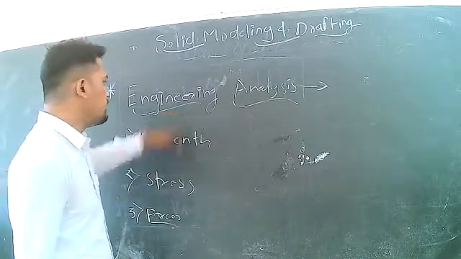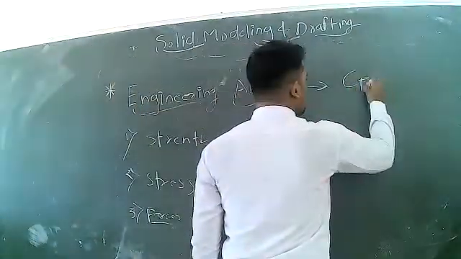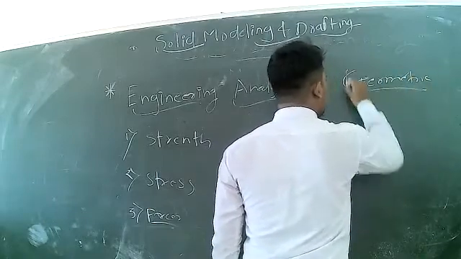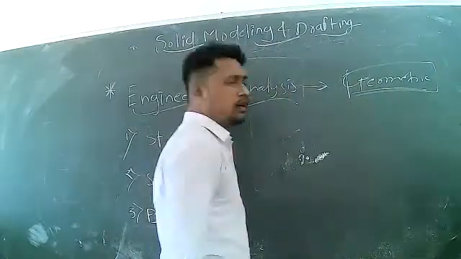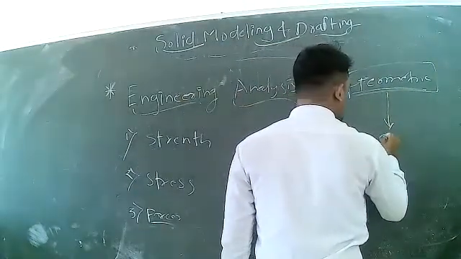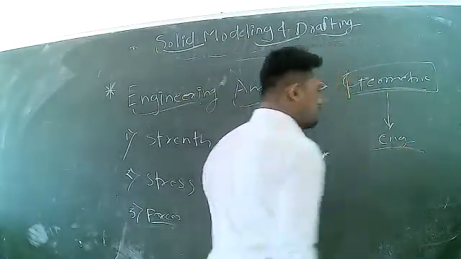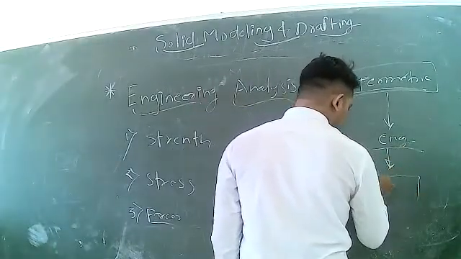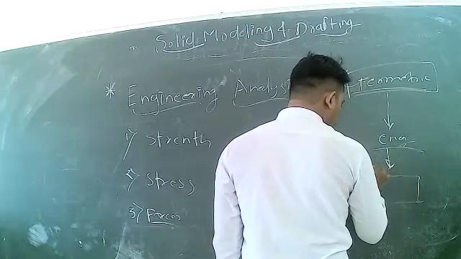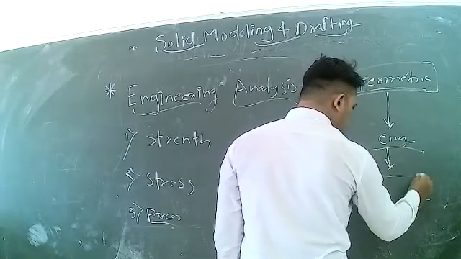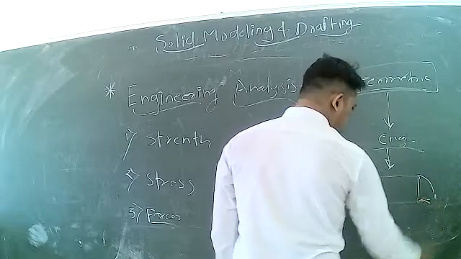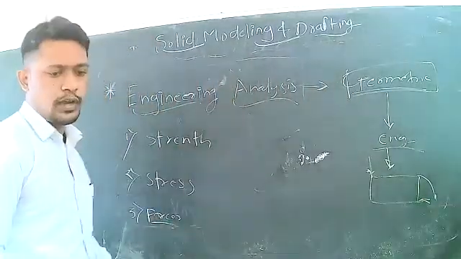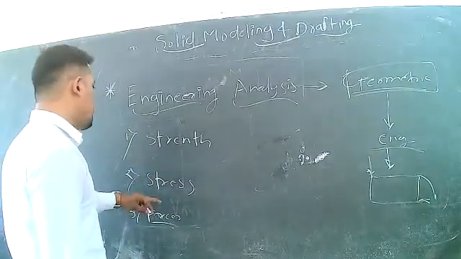This is the engineering analysis after the geometric modeling. After we decide what is the geometry of the part, we are going to do engineering analysis. In engineering analysis, we are going to see what are the forces on this part. If we select this part, if we apply this force, if there is a bending moment, or any stress or strain developed in the part, we are going to see this in the engineering analysis. Okay, there are various engineering analysis parts,